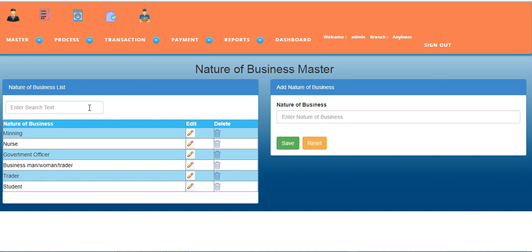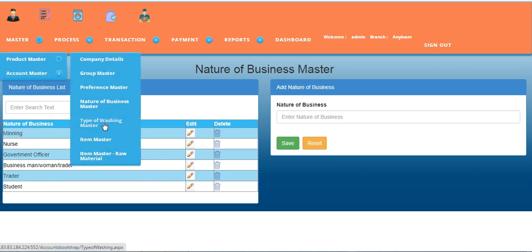So for example, if your customers are students, and if you're providing any offer for the students, you can filter those particular customers using the reports, and you can send them push notifications or messages that you are offering 10% off for the students when school reopens, something like that. So this is an idea of what we are providing. This is the way you can mention those details. So for example, women, if you are providing any discount to women, you can filter all your customers belonging to that particular category, and you can send them any alerts or wishes or notifications or something like that. This is a way you can use this nature of business process.